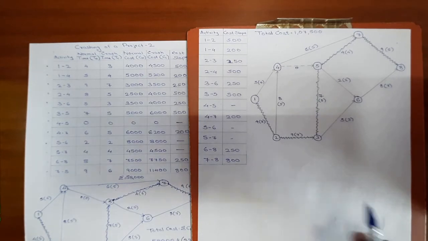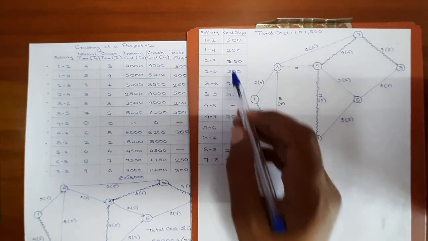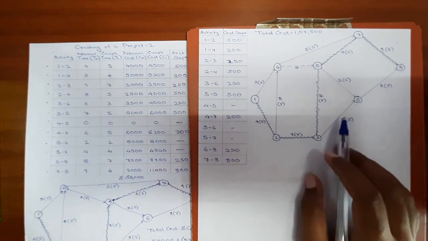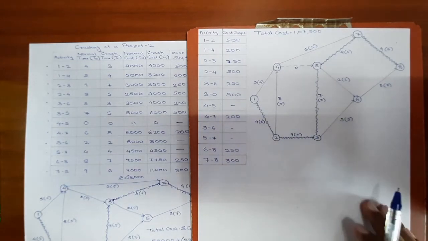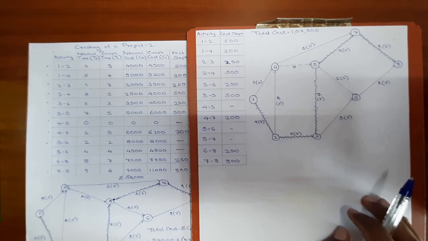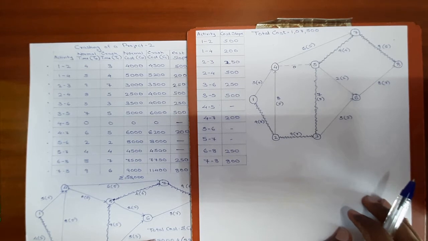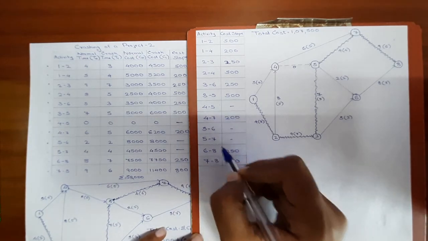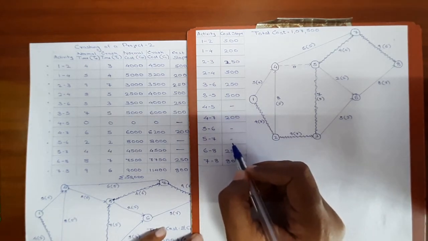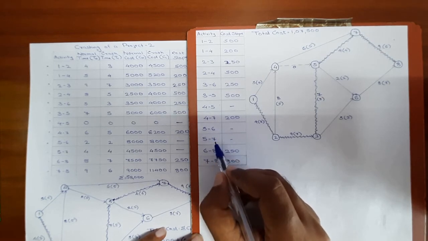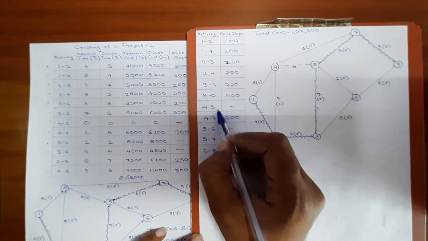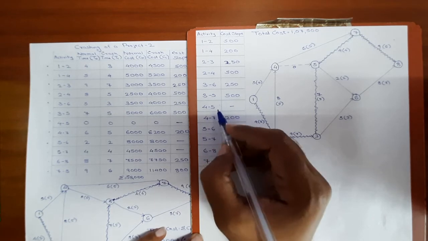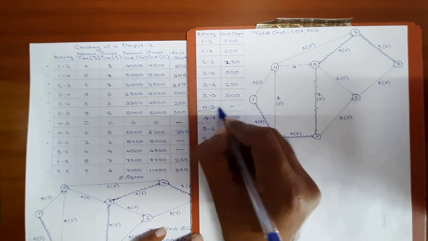Okay, so here I have listed out the activities and the cost slope of each activity. I have the network diagram and the critical path. Now we are going to start the crashing process. Before that, we are going to rule out the activities which have no scope for crashing. The cost slopes of activities 5-6, 5-7, 4-5 cannot be defined, 0 divided by 0. So these activities cannot be crashed. So they are out of the picture.